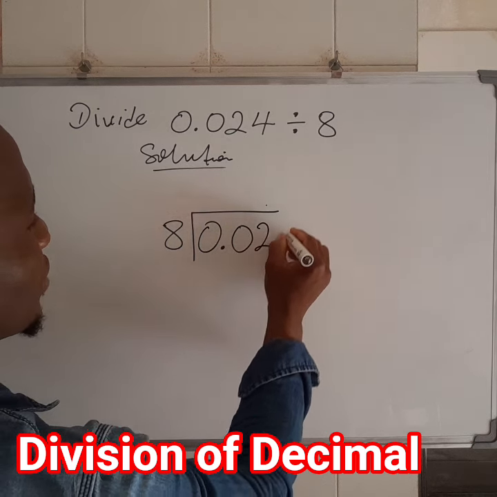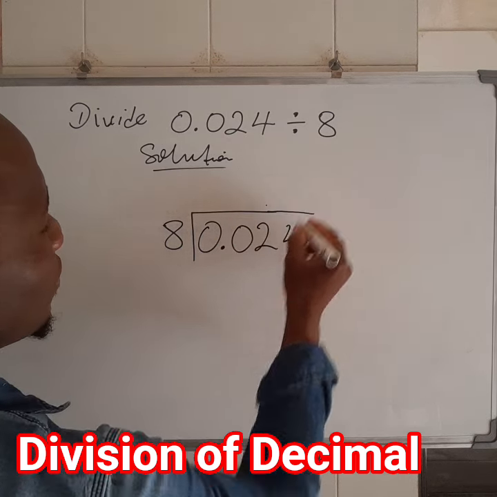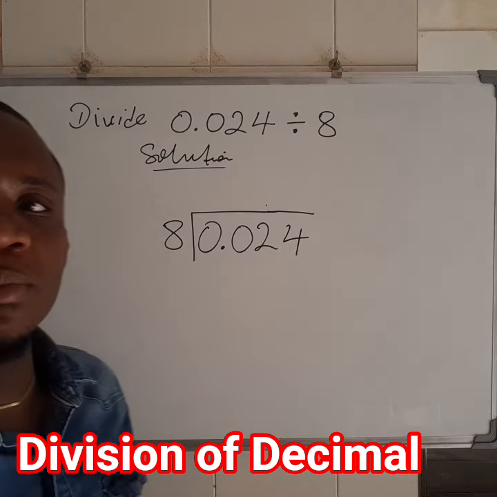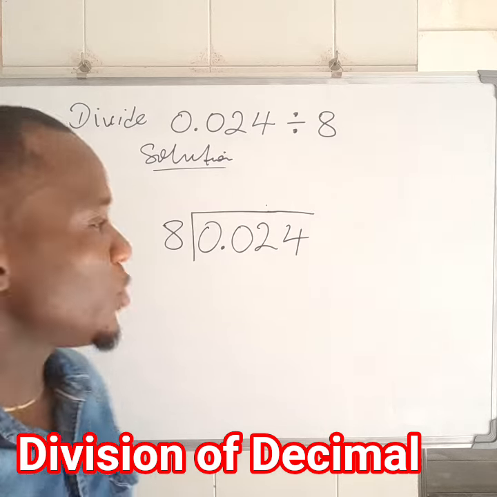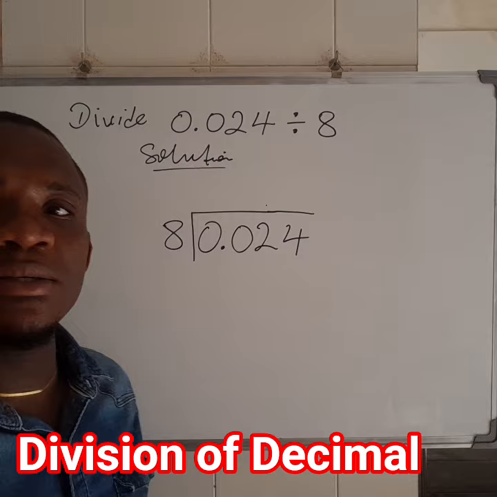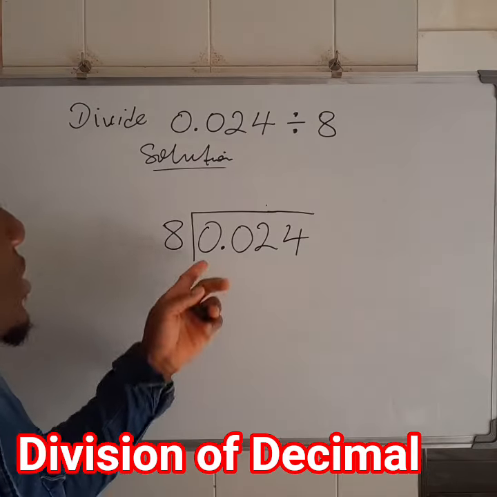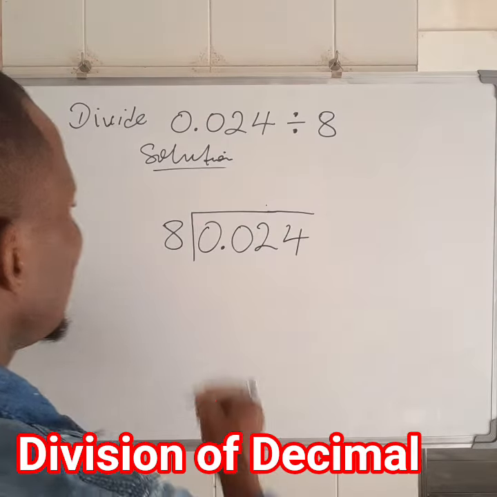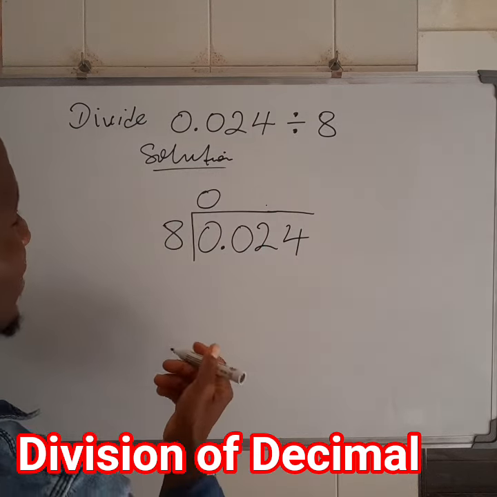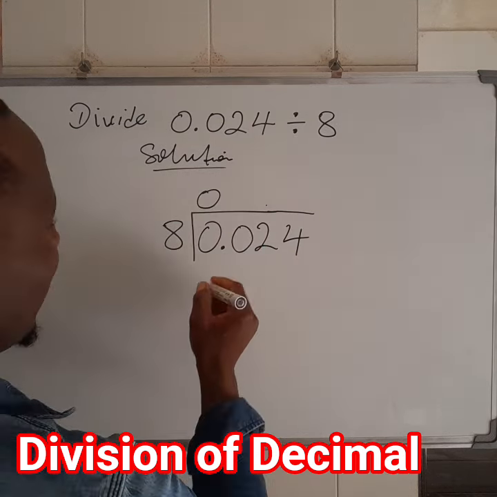0.214. Okay, so how many times does 8 go into 0? It's not possible. So you think of a number that you multiply by 8 to give us this number. Of course, it's 0. So you put down 0, because 8 cannot divide 0. Okay, so remember your decimal point. You move it up,